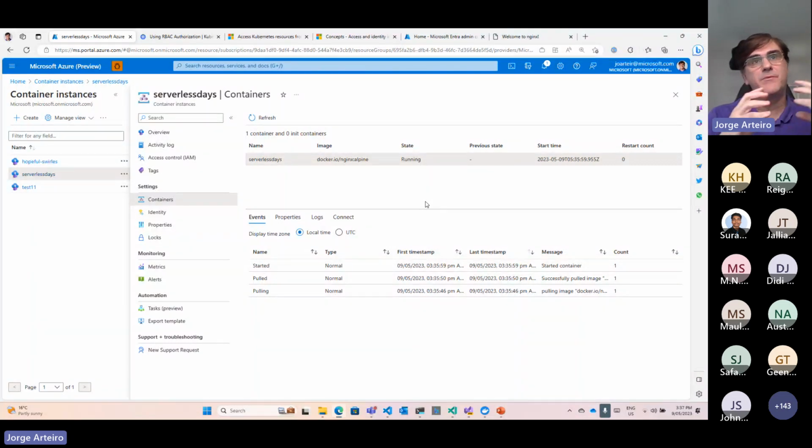Why would you want to separate your application? Maybe you want to run something that runs just once a day in the background, or maybe you want to run authentication in a separate component, but running all together on the same namespace, with different processing. It's like I have a virtual machine and I'm running multiple things inside that virtual machine. You could simulate a virtual machine with a container group. You can run multiple processes separately, but in the same group, on the same isolation. In this example, I'm just running one.